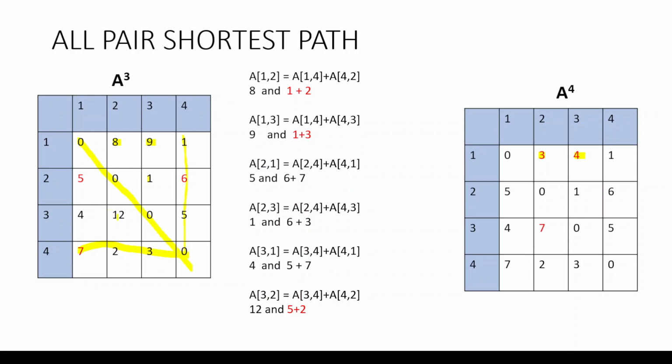Next we have this particular value 12, A of 3 comma 2. With the intermediate vertex 4, we are checking whether there is a path through A of 3 comma 4 and A of 4 comma 2. A of 3 comma 2 is 12. A of 3 comma 4 is 5. A of 4 comma 2 here is 2. So between 12 and 5 plus 2, 5 plus 2 is smaller. That means there is a shorter path from 3 to 4 and 4 to 2 instead of directly from 3 to 2. So we will replace this 12 by the new value that we have got here, that is 7,